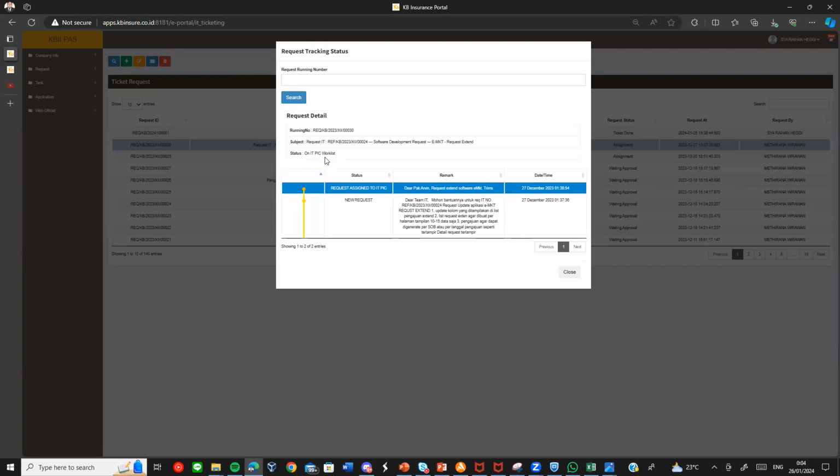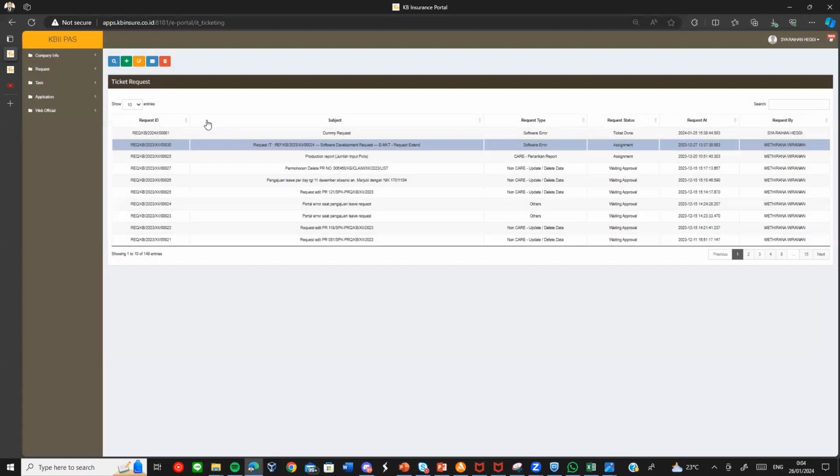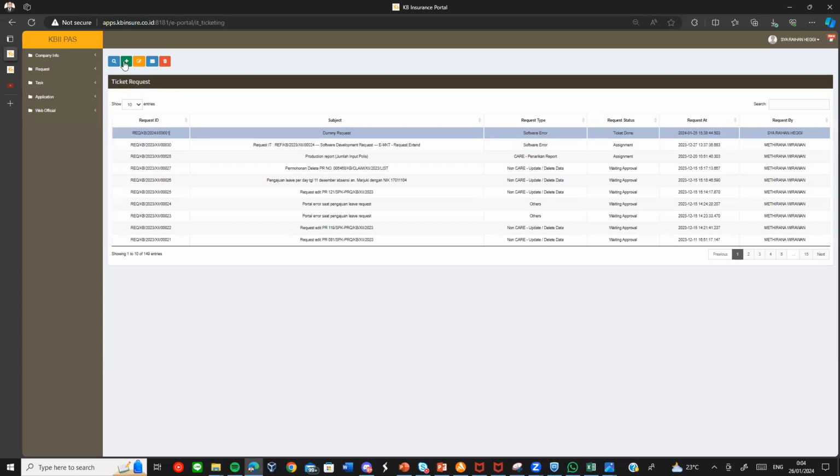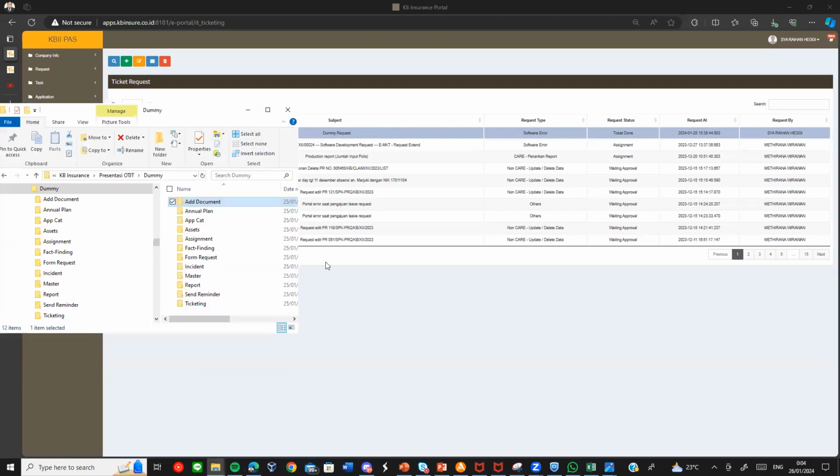If we have more than one request, we can search in this search bar to find specific data. For example, this one will be reloaded and the data created. Then the user can remind the PIC by clicking this, and an email will be sent.